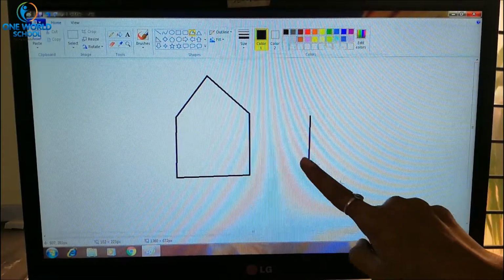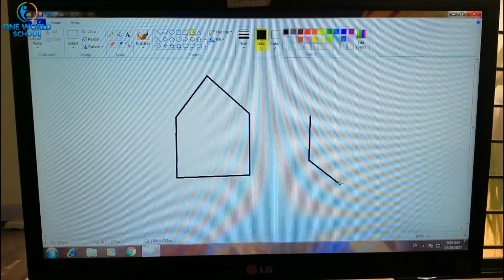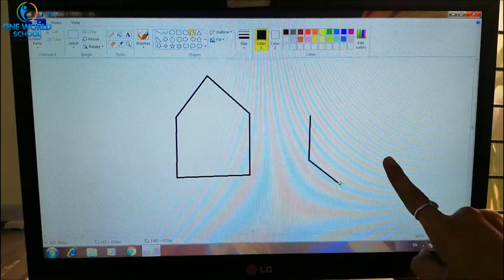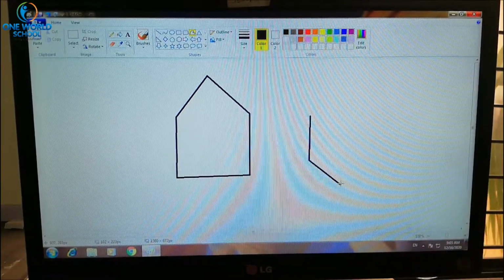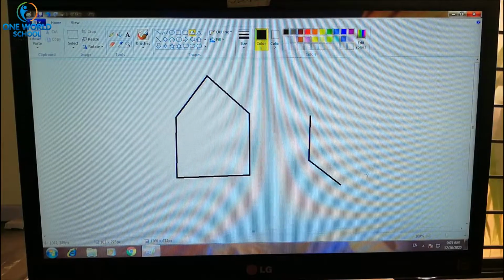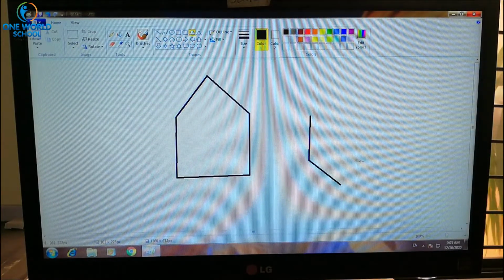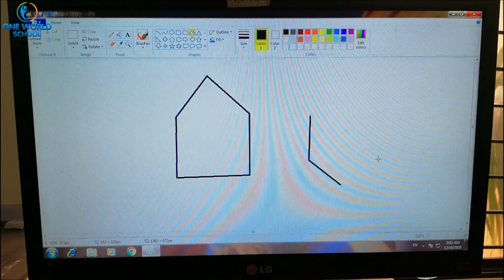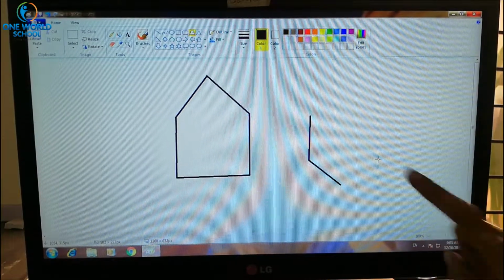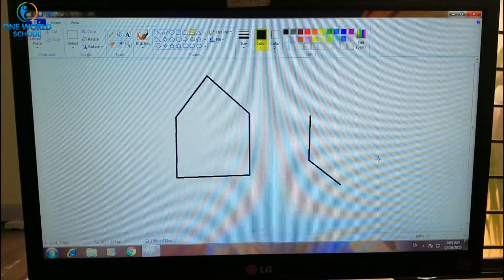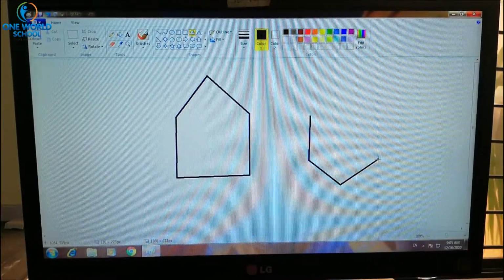Now another, we have to make a V sign. V for Vidhi ma'am, right? So look at that, we have to make V. So another line we have to draw, but we don't need to draw this line. We just have to make sure here is the end point. In front of that, we have to put our mouse arrow and click on it. Just one time you have to click. Now you can see the line has been drawn with the polygon tool.